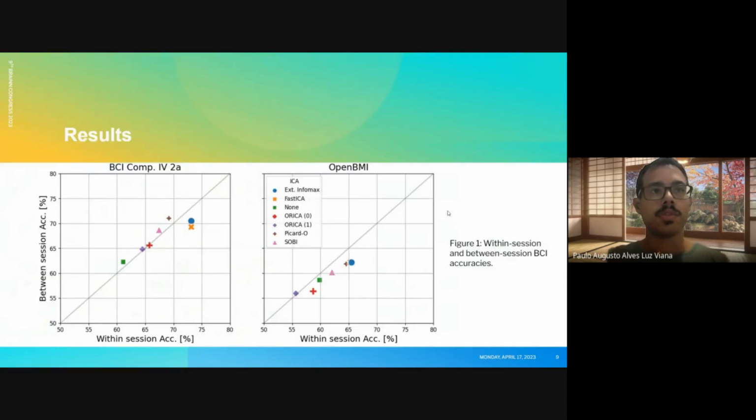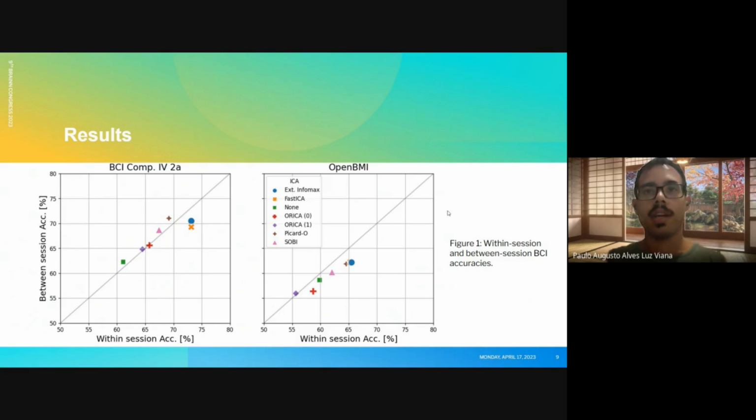Figure 1 shows the average BCI accuracy for each ICA method we used. For each ICA, its within-session accuracy is plotted on the x-axis, while the between-session accuracy is shown on the y-axis. We can see that the accuracies mostly float around the identity line for the BCI Competition dataset. For the OpenBMI dataset, where we have 6 times more participants, the accuracies mostly lie below the identity line, showing